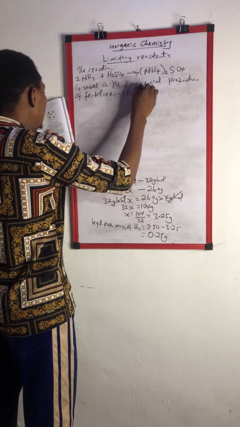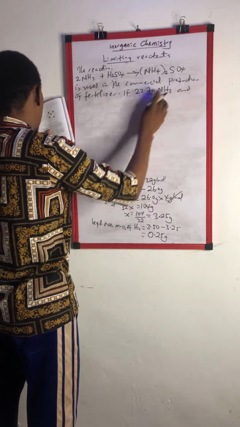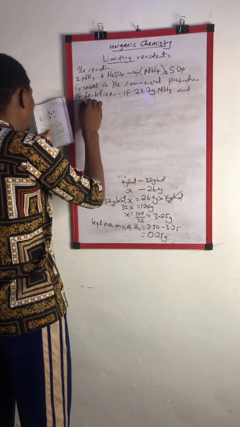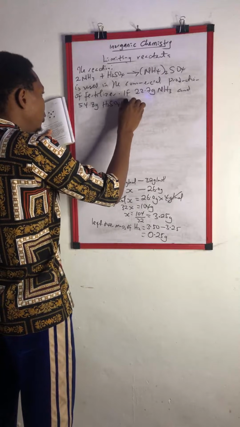If 22.7 gram NH3 and 54.8 gram H2SO4 are used,